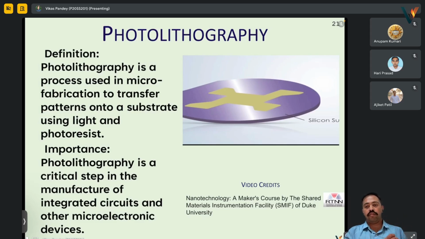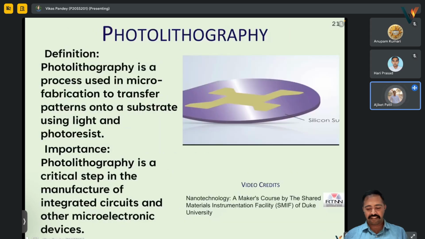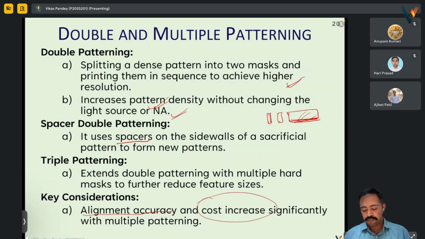Are you getting it? I am not getting it properly. Like double patterning. Understood. Yes, patterning twice. Spacer is some sacrificial layer. It was written. Sacrificial, that means you see, suppose that we have to make